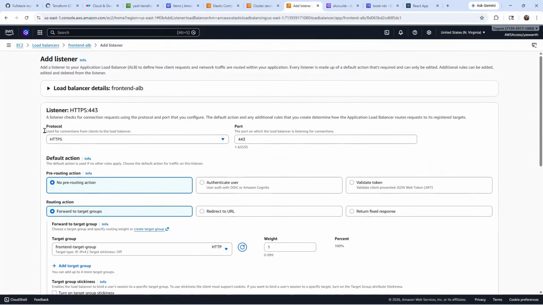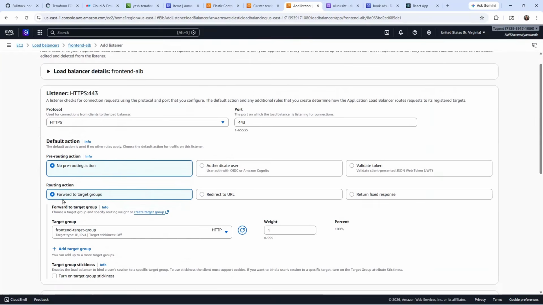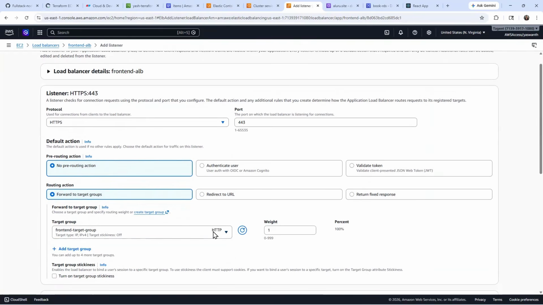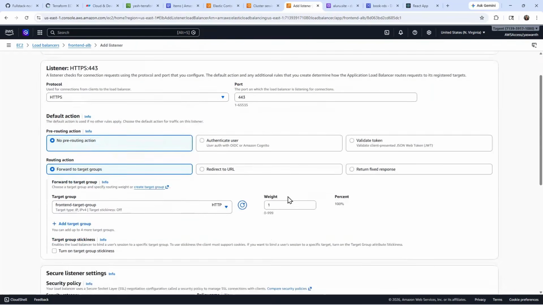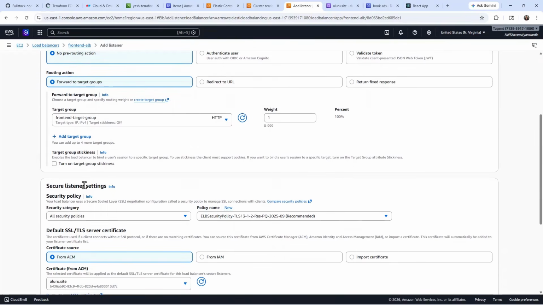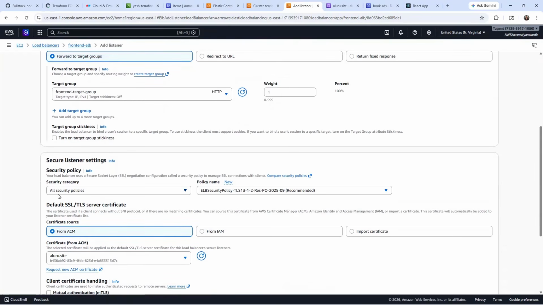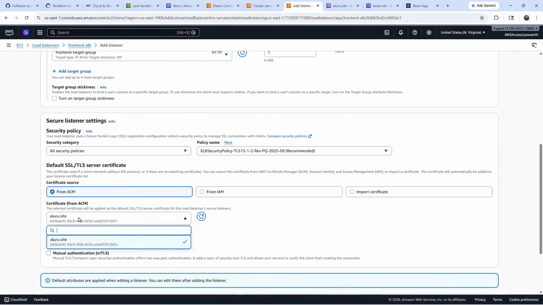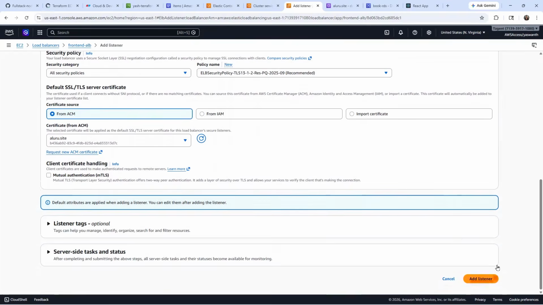And one more thing I'm telling: choose HTTPS, port number is 443, and in actions, you need to select forwarding to the target group, and the target group is the front end target group. This target group is running on HTTP, port number 80. It will redirect to port number 80, and the security settings are automatically selected. You don't need to change anything. For policy name and certificate, you need to select the all dot site certificate and add it,